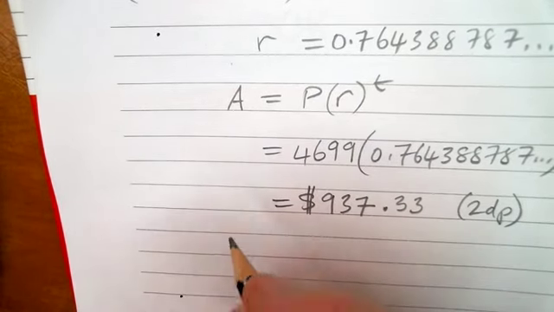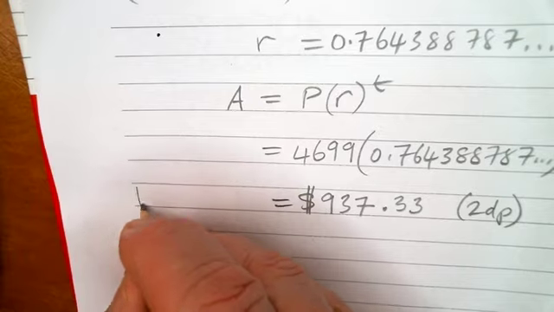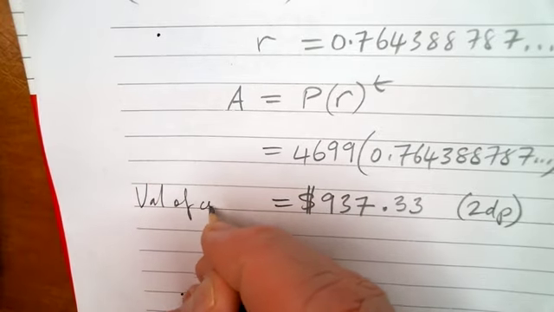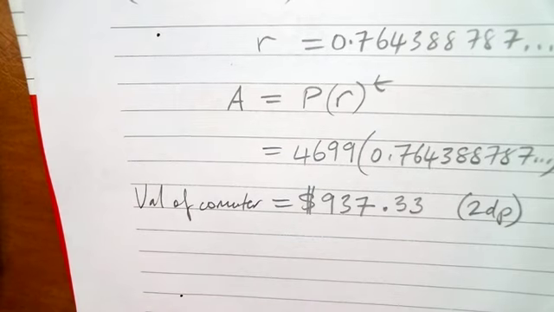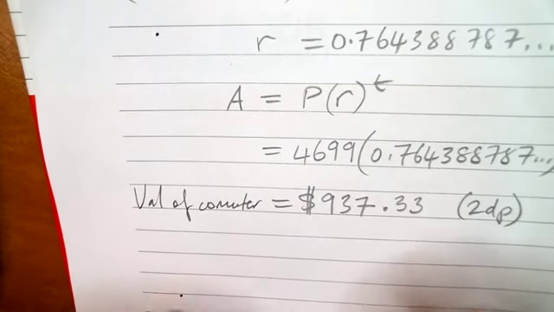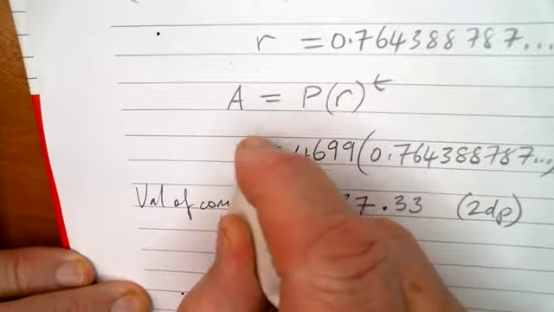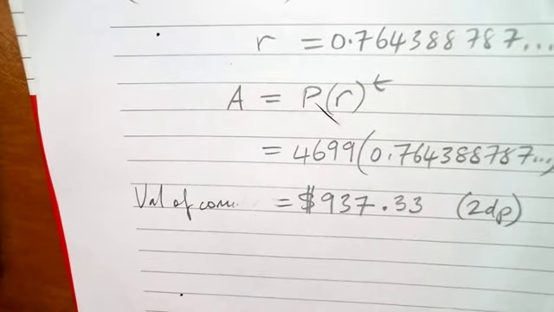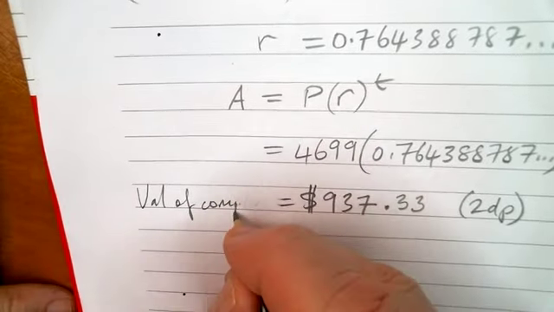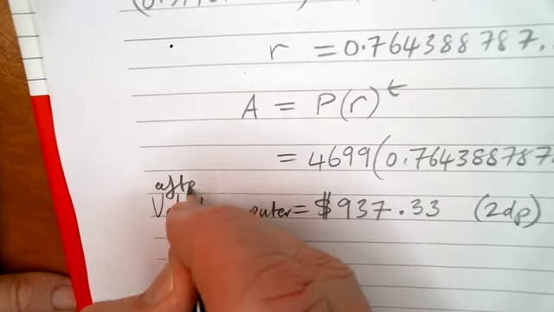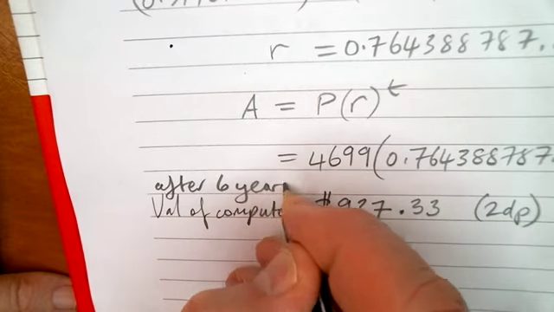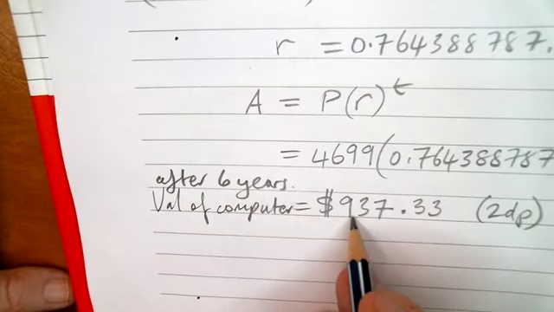So value of computer, how do you spell computer? Computer has a P in, by the way. Computer. So put after 6 years, value of computer equals